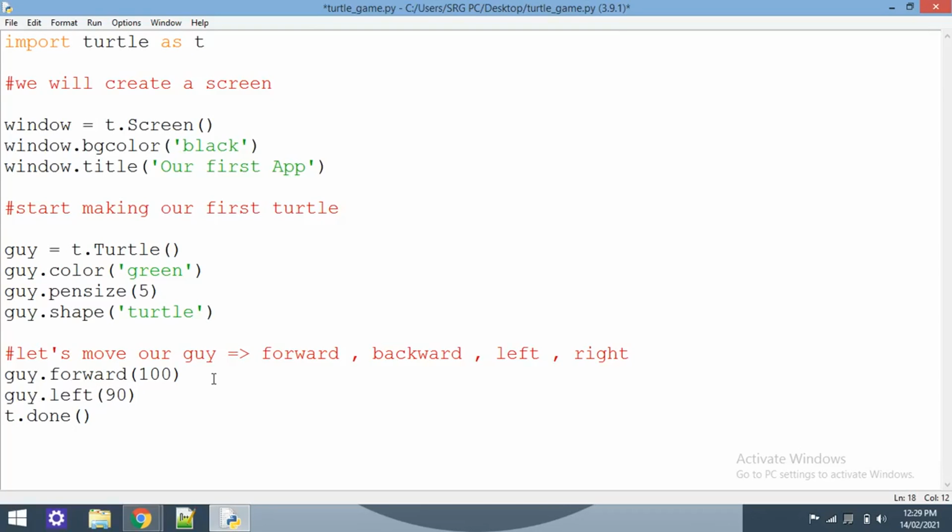Now when we don't use our left function, our turtle is facing the right side. But when we write left 90 degrees, it means it will face the upper side, right? Now it will move upward. Let's see what it means.